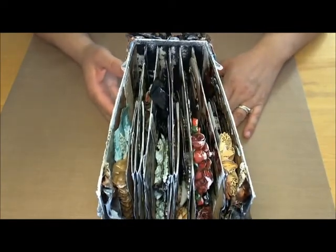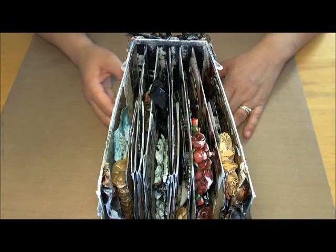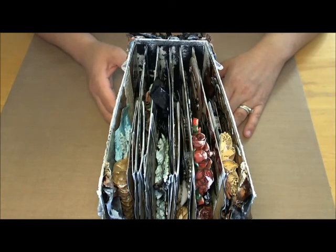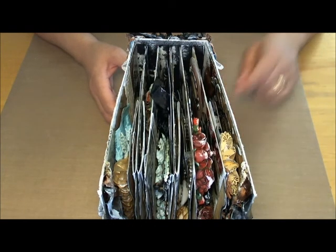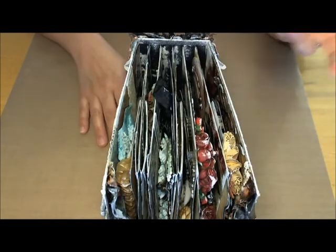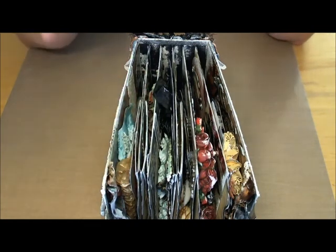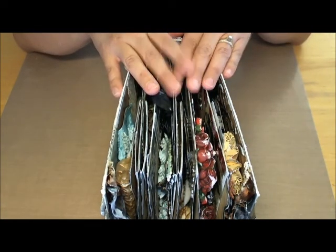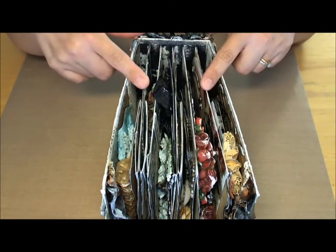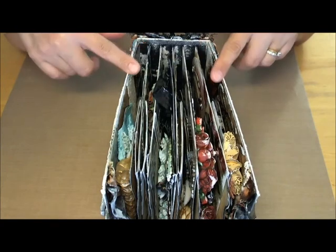I'm not one to actually follow a tutorial from the beginning to the end, especially when they break out numbers, because I do not like measuring. The only thing I've measured was the hidden hinges, and I actually just used the scoring board for that, so it's not like I had to do any math or break out a ruler. But yeah, I did measure the inside correctly, and then realized my outside had to be a little bigger